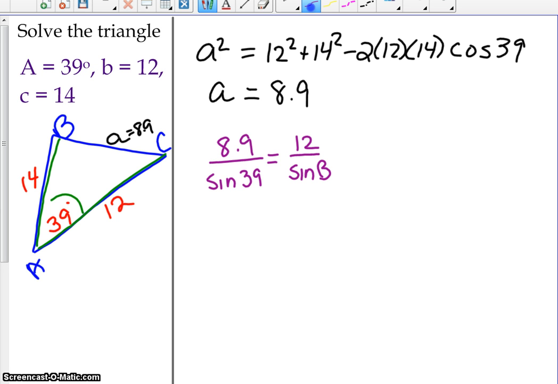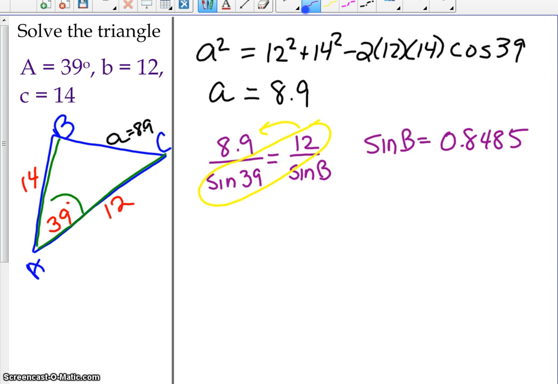I could just as easily have said 14 over the sine of c. It really doesn't matter where we're solving. So what I'm going to do is cross multiplication. I'm going to multiply these two together and divide by this. So what I get in the end is 12 times the sine of 39 divided by 8.9. I get for an answer that the sine of b here is equal to